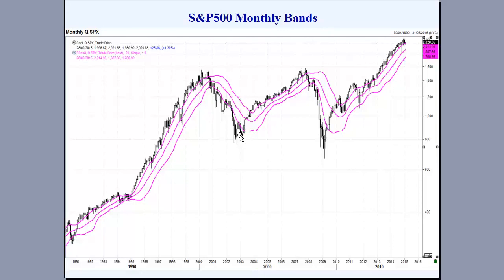Then the recovery, the market trading up through to the middle of the bands, finding some resistance there, and then eventually trading up through the upper band. We didn't see a normal type of transition here, and quite often we don't, but the important thing we're looking for is the breakout to the upside or the breakout to the downside. Once we see the breakout, we saw the strong bullish close at this point here,